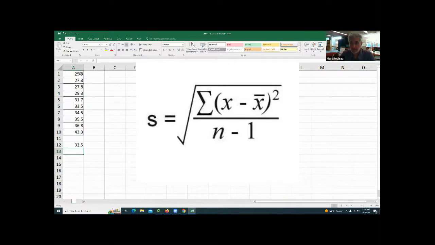This is capital sigma, which means the sum of x minus x bar. X bar is a sample mean, so x minus x bar squared, and then we're going to add those all up, that's the sigma there, divided by n minus 1. So,